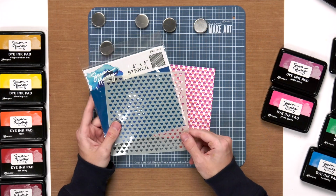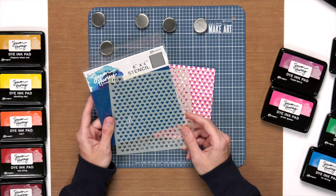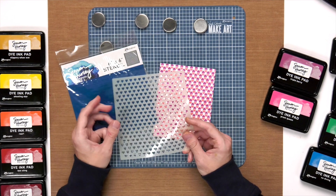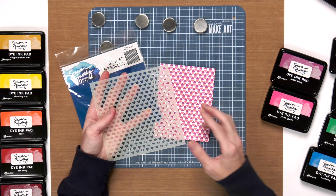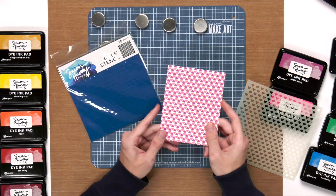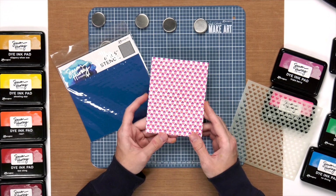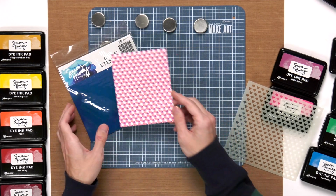All right, moving into this next technique, I'm going to use the tiny heart stencil. I love these little tiny stencils. There's also tiny circles and tiny diamonds in my line. But the really great part about these is they've got a bunch of little tiny textures, so you can use them in a bunch of different ways on your backgrounds. Now, one of the ways to use them is, again, shifting your stencil. They weren't quite designed for a bunch of different shifting, but with a lot of your stencils in your collection, you may be able to just shift it and create your own different patterns,